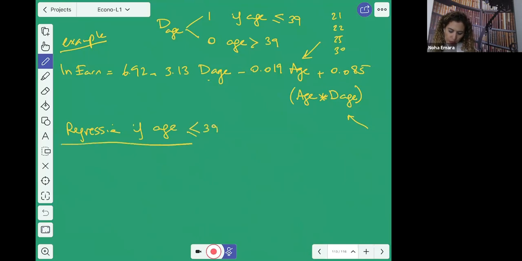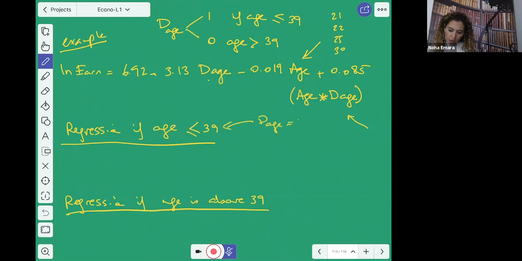Okay, and what is the regression if age is above 39? So for one regression, I'm going to plug in di. So this one implies that d age is 1. This one implies that d age equal to 0. And if I plug in 1 and I combine, then